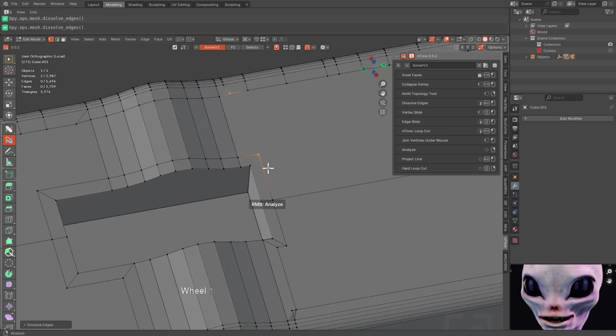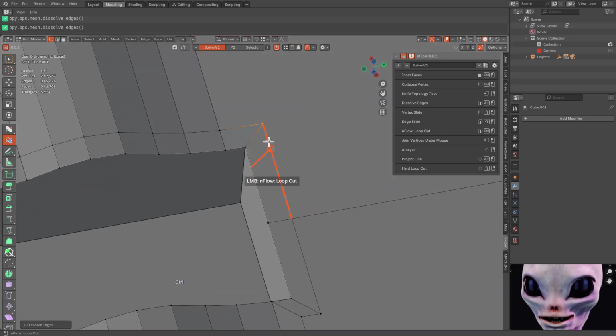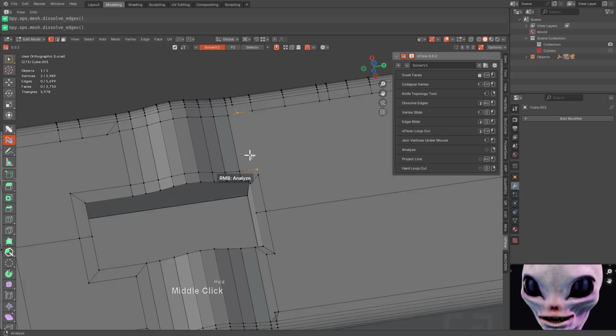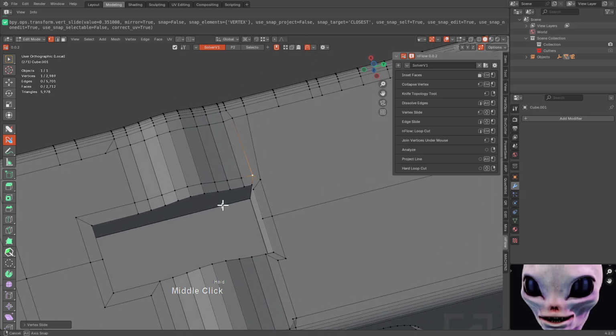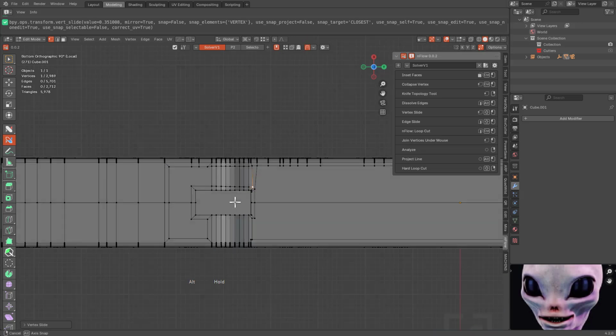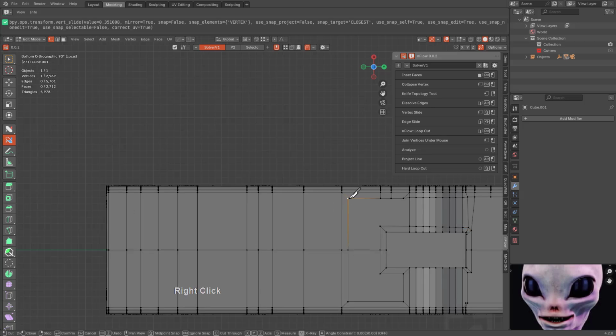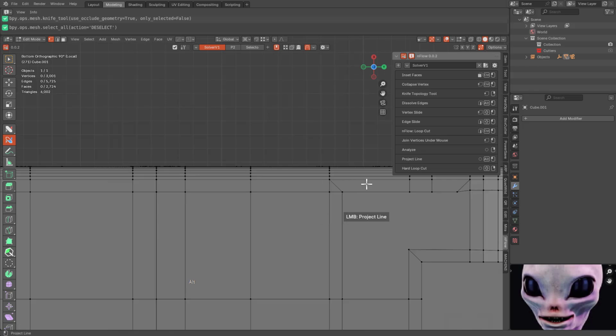But we probably do need a second loop happening here. Maybe something like that. And we can also simplify this immensely by just extruding everything across to the other side.